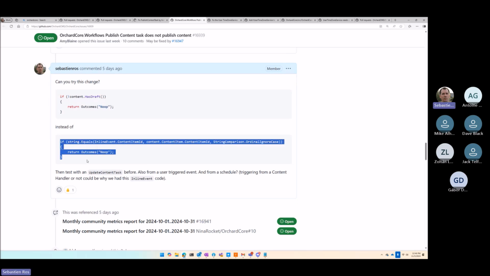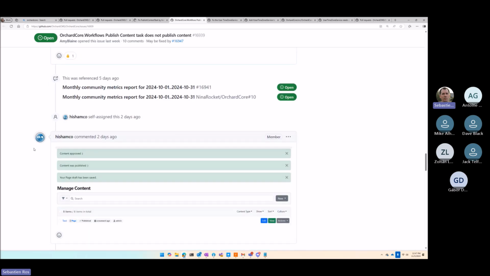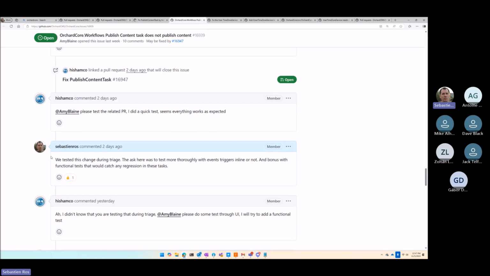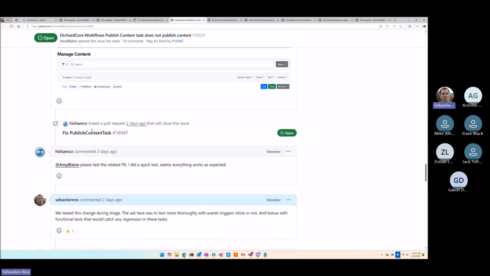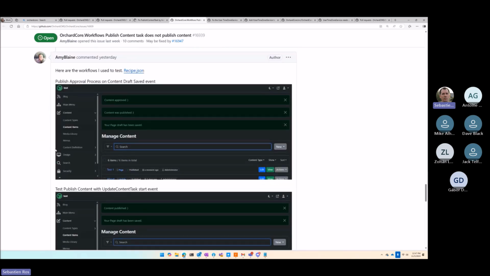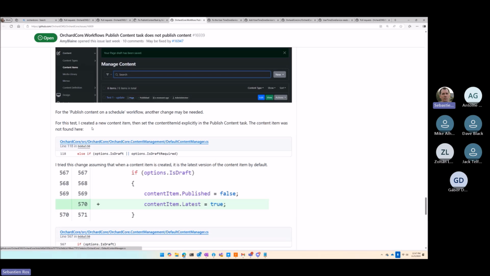We don't try to judge you by saying, do you really want to publish something that you just created as a draft? That's weird. No, there might be reasons like validation, for instance. So that was a suggestion. And we asked Annie, and I don't remember the name, to test it. And Isham, in the meantime, implemented the suggestion because he didn't know about the context. I commented on the PR, and then I reported that it works, that we tested. And we also asked for more tests, like publish on a schedule. So when it's not inline,